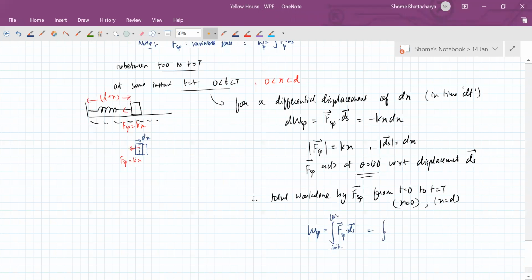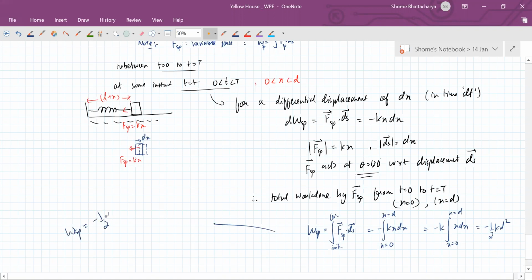So that will become integration of minus kx dx from x equal to 0 to x equal to d. So in this case, the work done by the spring force will be minus of k, which was